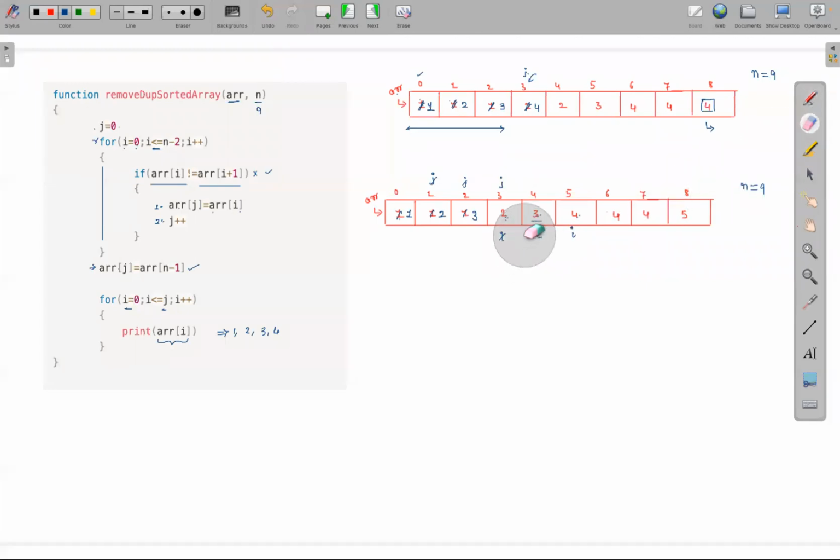As of now, from 0 to J, all the distinct elements have come here, friends. That is 1, 2, 3. Now again, same story: I and I plus 1. If they are equal, you don't need to do anything. Now check, I and I plus 1 not equal. When they are not equal, whatever this element is, you keep here: 4. After that, can you tell me, friends,